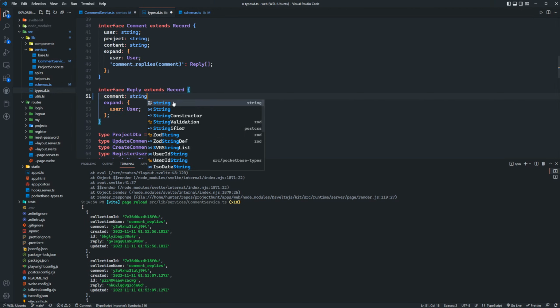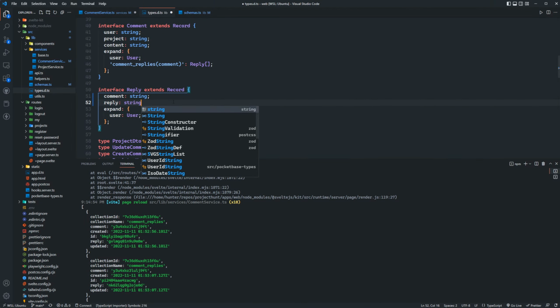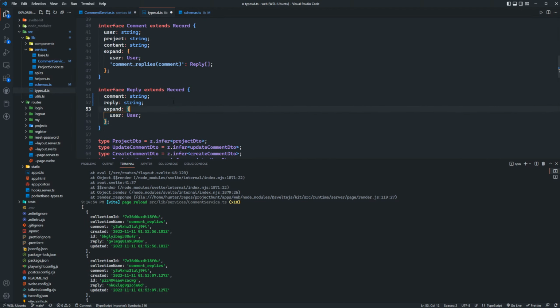It's going to have a comment, which is going to be a string. It's also going to have a reply, which is going to be a string. And then I'm going to have an expand. I should be able to expand the project of the comment. I should be able to expand